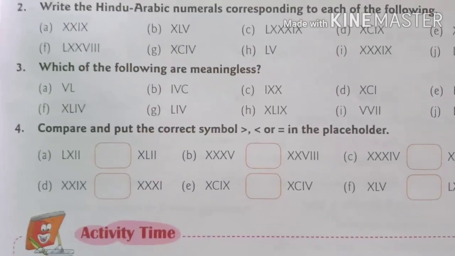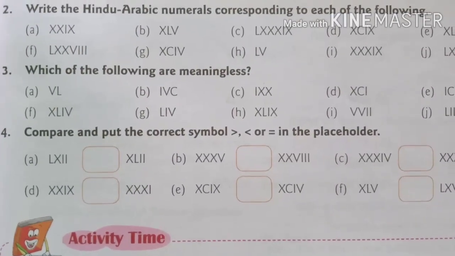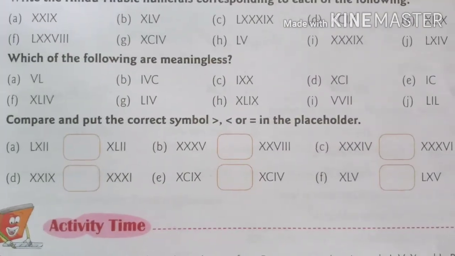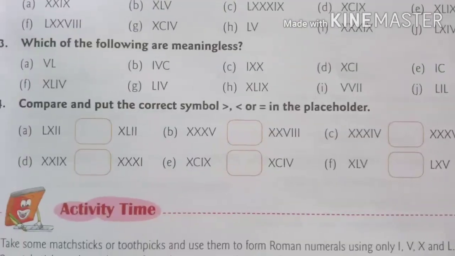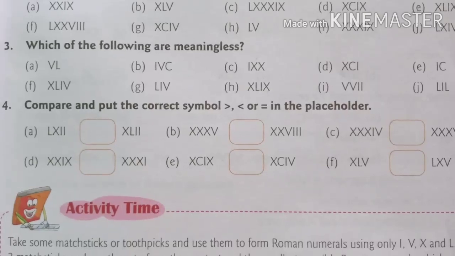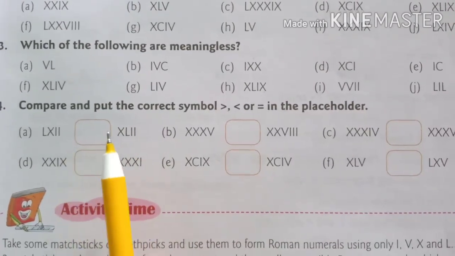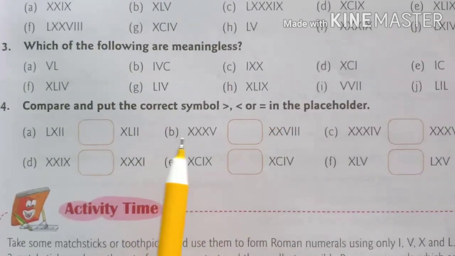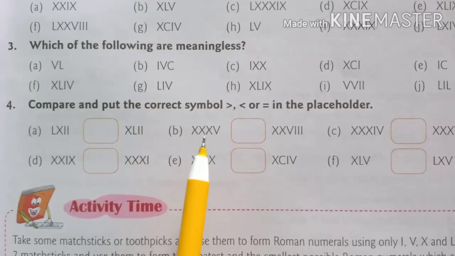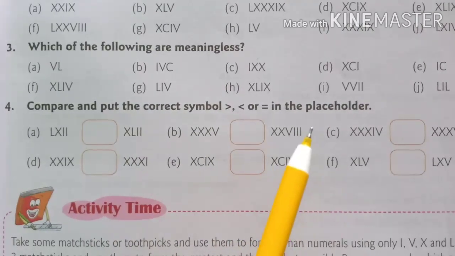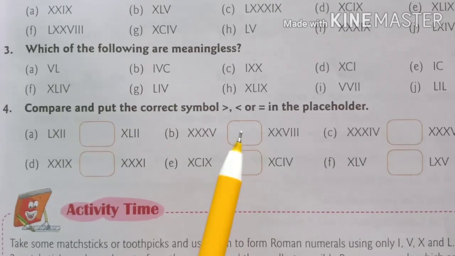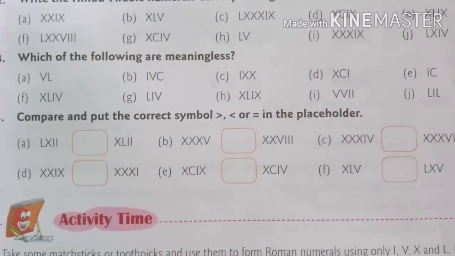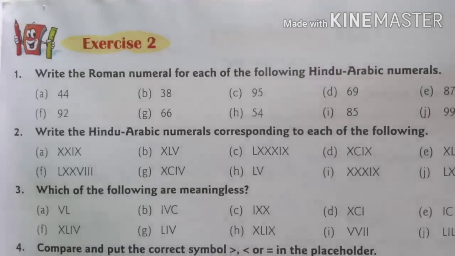and now come question number 4. Compare and put the correct symbol greater than, less than or equal to in the placeholder. So in this question space is given to you, and after reading these Roman numerals, you have to put the sign greater than, less than or equal to. But you have to understand what is the number. Is this number greater or lesser than another number, and then you will be able to put this sign greater than, less than or equal to. Okay, so exercise 2 you will make